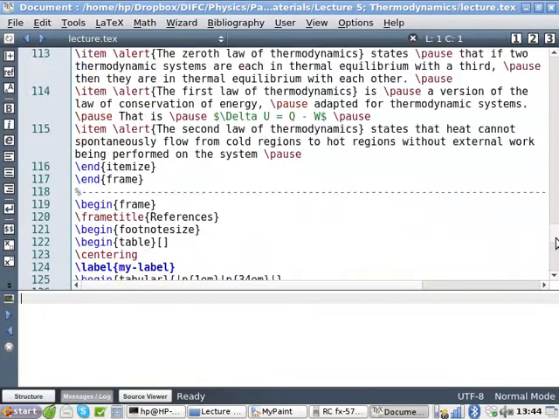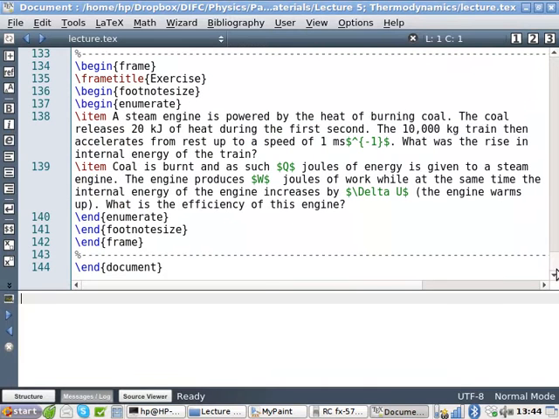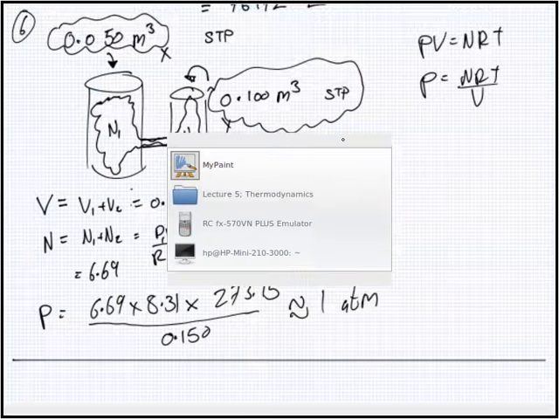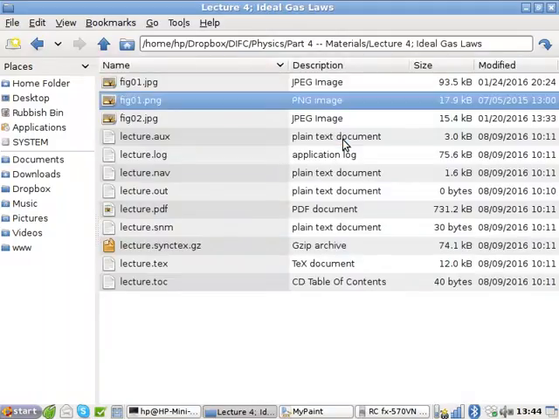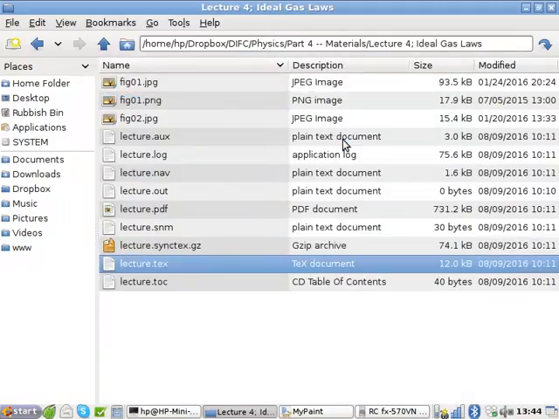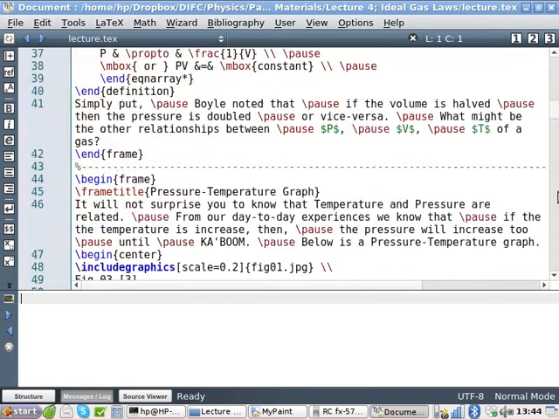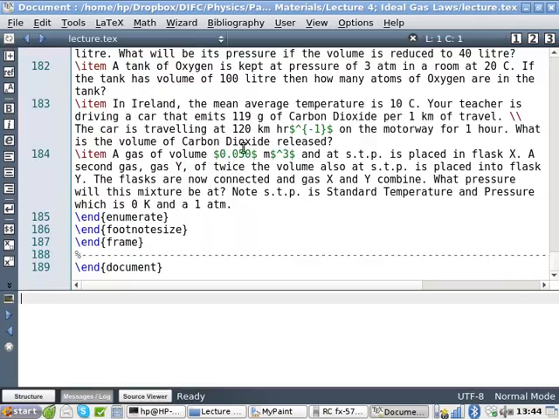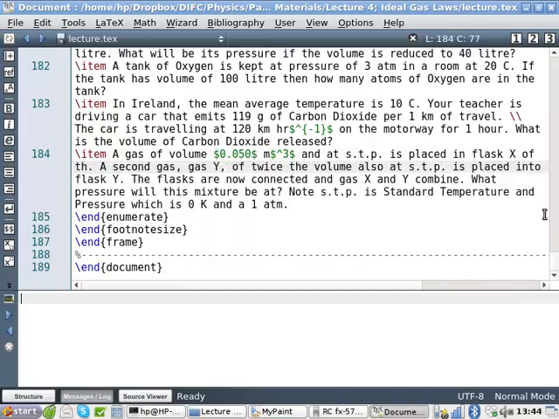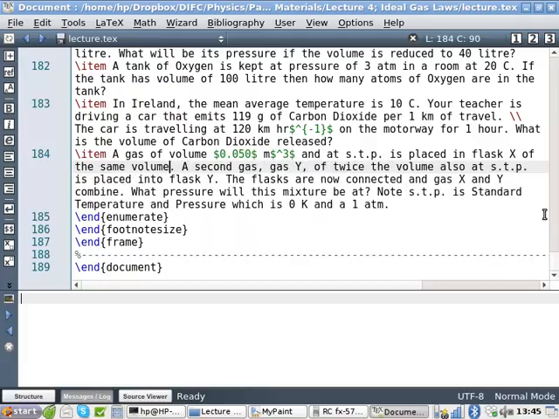Okay, let's make it a little bit more interesting for the next student. Wait, this isn't it. What lesson was this? Right, let's make it a bit more interesting for intake 2. A gas of volume 0.050 meter cubed and at standard temperature and pressure is placed in flask A of the same volume. A second gas Y, of twice the volume,